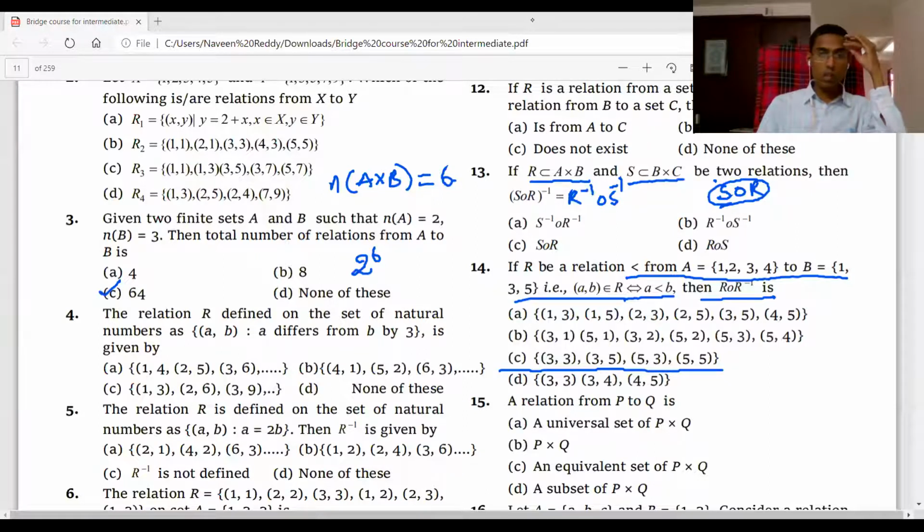Okay, next (3, 2). Next (5, 2), (5, 2) and (2, 3). See (5, 2) with (2, 2), (2, 3) is there, (2, 5) is there. So (5, 3) also we should write. (5, 3) we should write, and then (5, 5) we already wrote. And next (5, 3), (3, 5), (5, 5). So (5, 3), with 3 only 1 is there.